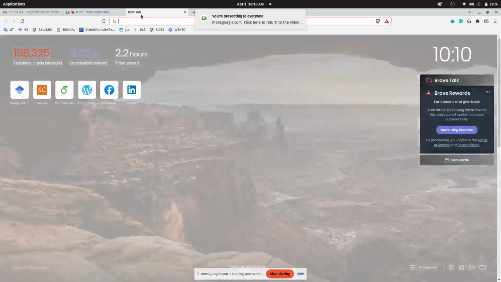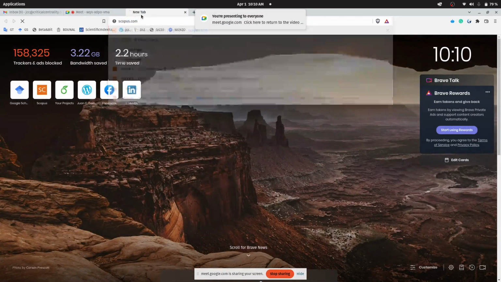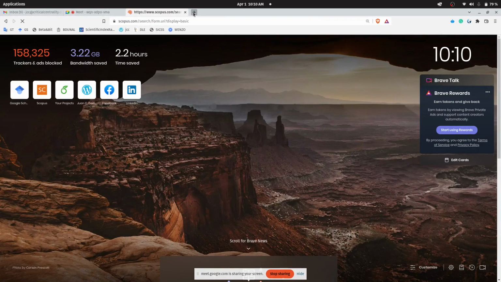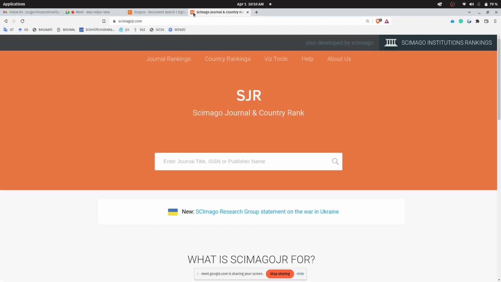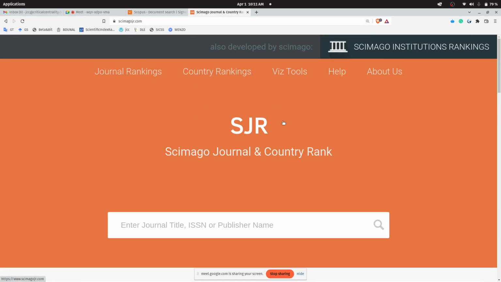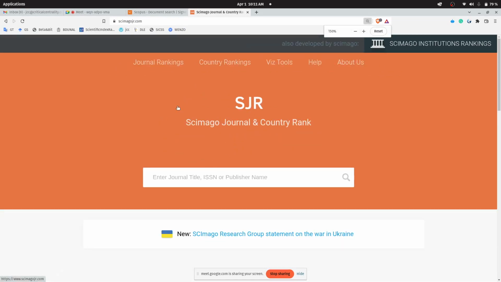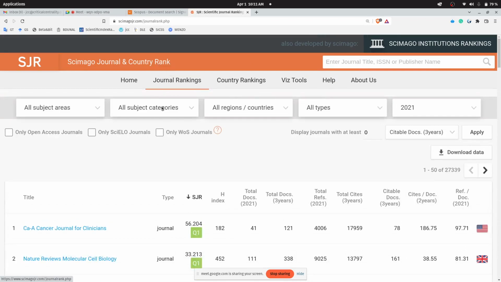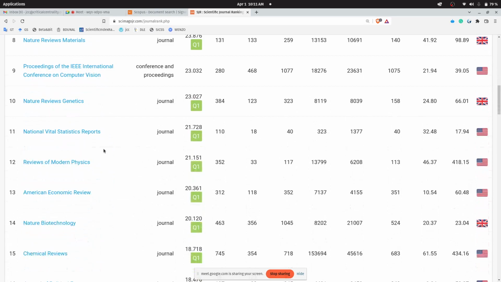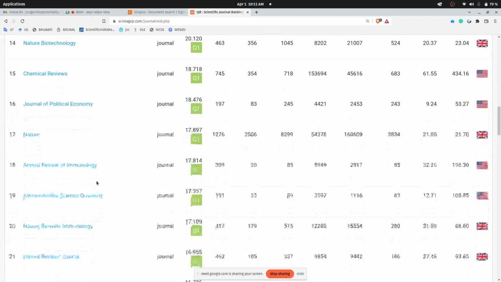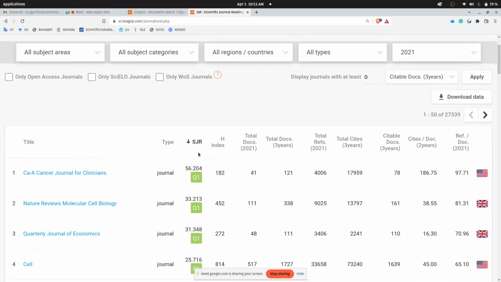Okay. Well, first of all, I use Scopus and another data source, which is Scimago JR. Have you heard about this Scimago Journal and Country Rank, guys? Okay, let me illustrate quickly the idea of this data source. As you can see here, we have a link saying journal rankings. If I click on it, I can have an exhaustive list of different scientific journals along with their impact factors